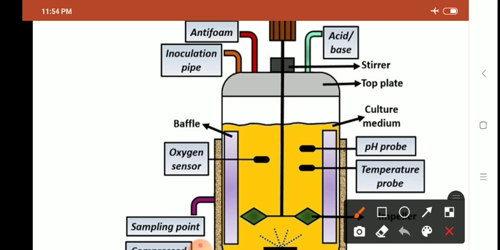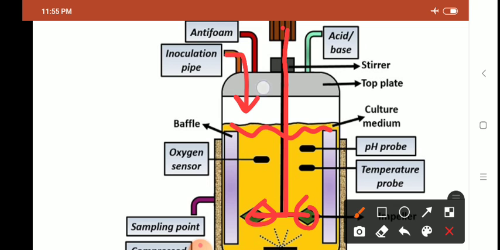Okay, this is a motor, right? The motor drives the agitator shaft. This is the rod of the agitator, and these are the impeller blades with the help of which the fermentation medium is mixed, right? Intermittently, when you start the fermentation, the tank is filled with the substrate or the raw material in liquid form. Through the inoculum point, microorganisms are added into the tank, and the whole thing is mixed using the stirrer, which is the agitator.